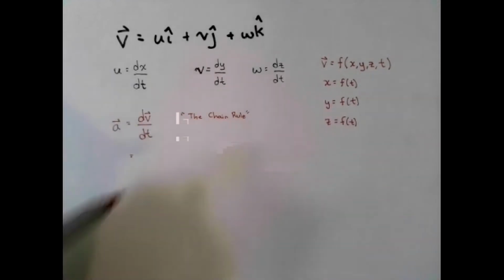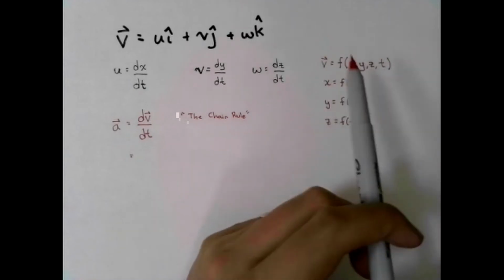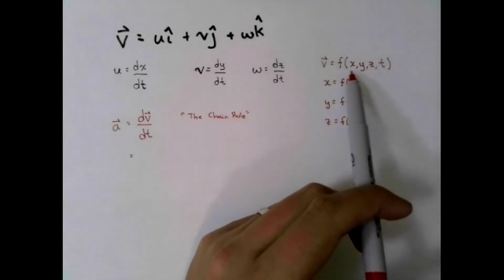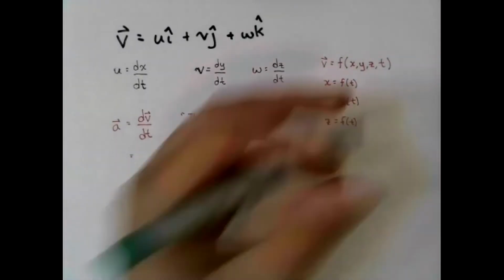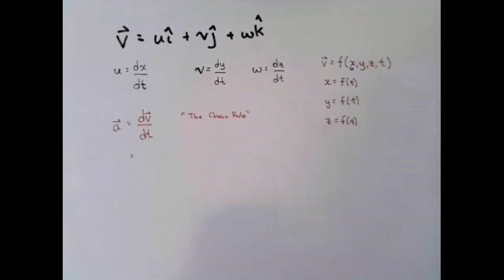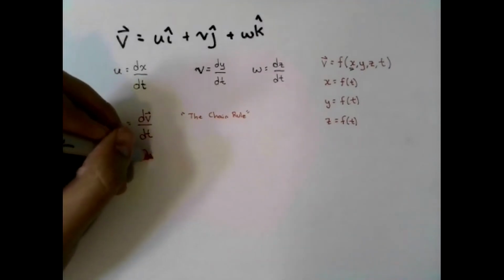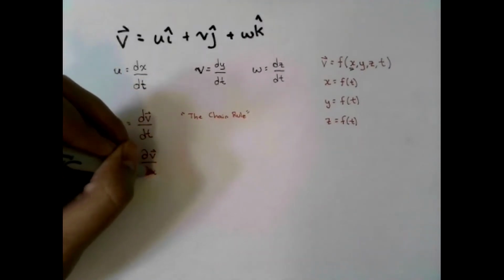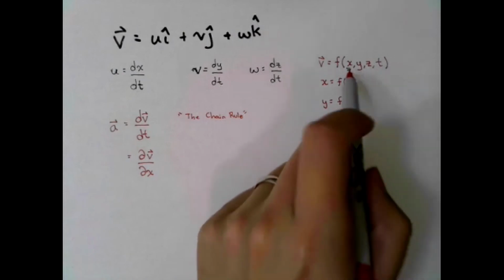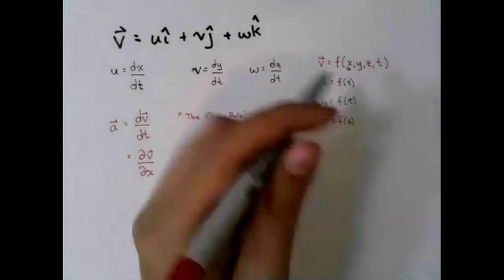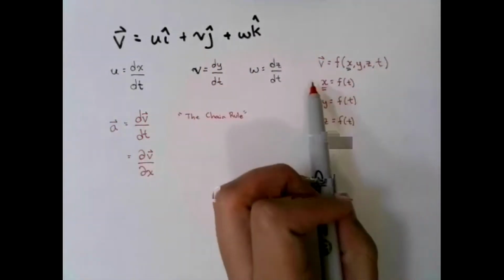If I want to find the change in velocity with respect to time, I first need to figure out how the velocity vector changes with respect to each and every variable. So I'll start with x, because it's my first variable right here. If I want to find the change in velocity with respect to x, I would simply write that acceleration is equal to the change in velocity with respect to x. But x itself is a function of time. So in addition to finding the change in velocity with respect to x, I now need to combine it with the change of x